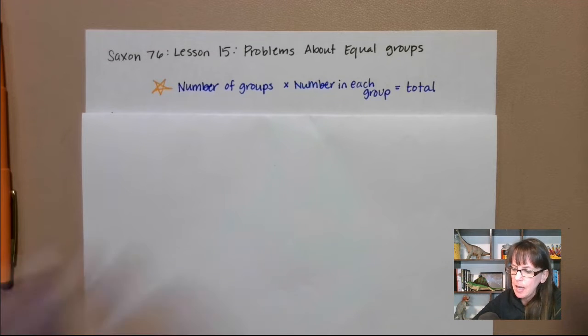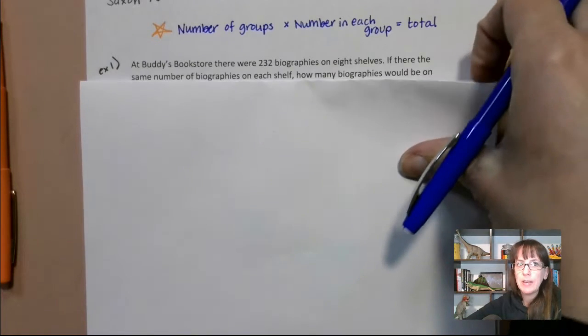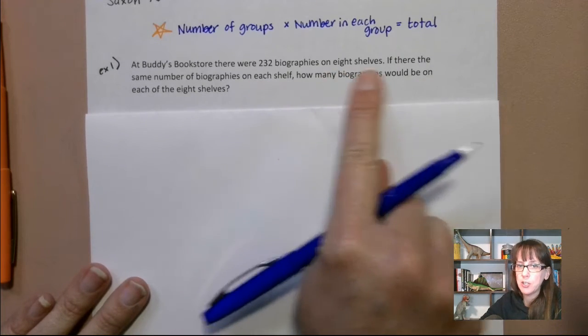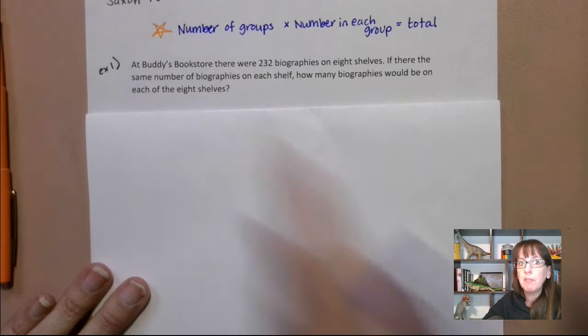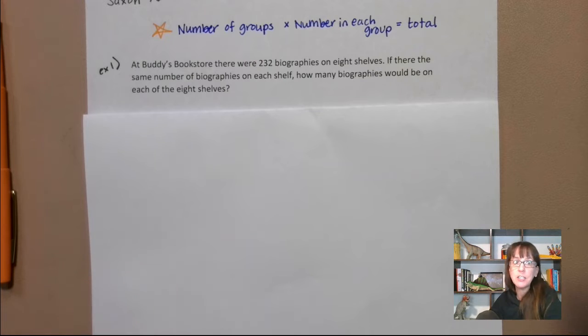So let's take a look at our first example here. We're going to do example number 1. At Buddy's bookstore, there were 232 biographies on 8 shelves. If there were the same number of biographies on each shelf, how many biographies would be on each of the